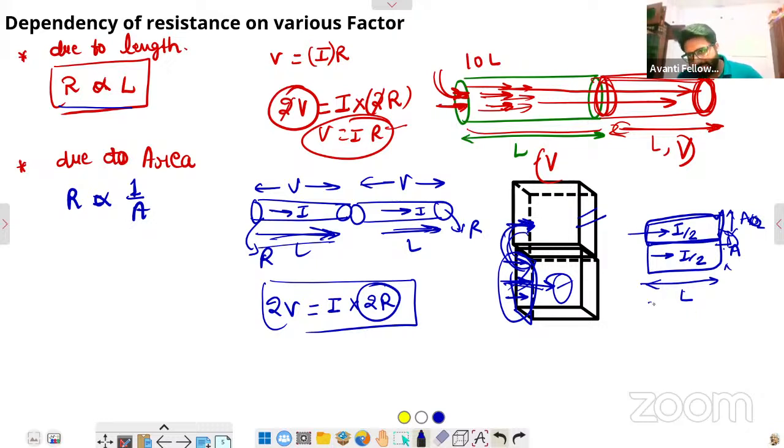नाउ पोटेंशियल भी क्या है? सेम लगा होगा. पोटेंशियल भी दोनों के अक्रॉस सेम ही, क्योंकि करंट तो चेंज नहीं हो रहा ना. अब देखो, यहां पे हम कह सकते हैं अप्लाई द ओम्स लॉ, टोटल पोटेंशियल इज V, करंट इज व्हाट? I/2 प्लस I/2 विच इज I इंटू रेसिस्टेंस. के बारे में अगर हम बात करें, देखो